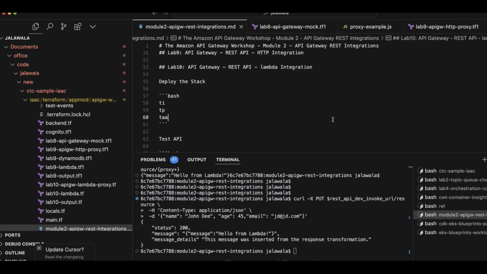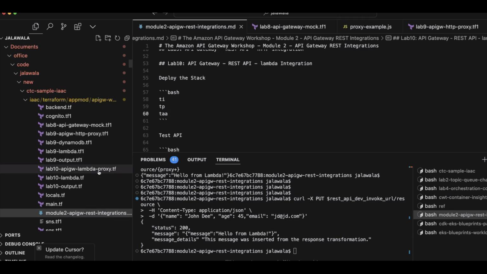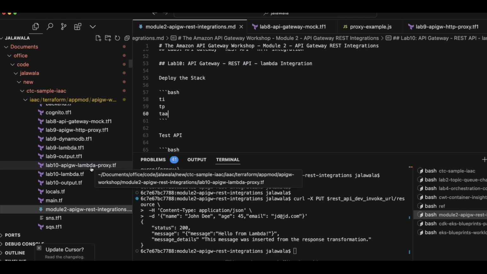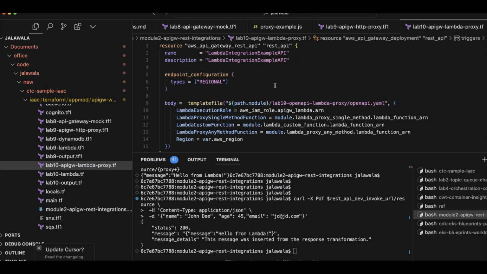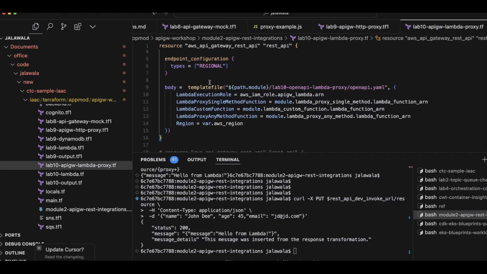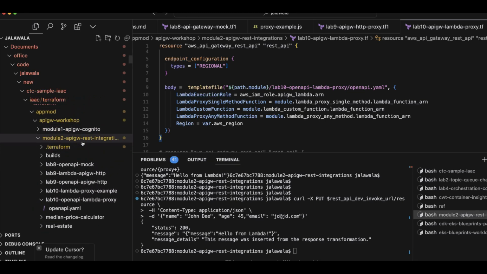So in this lab, we are going to talk about the source code for the implementation of the Lambda integration demo. Let us first go to the Lambda API Gateway code. Here, let us talk about the high level API. We are creating one API called Lambda integration API. It's a REST API, and the endpoint type is regional. The body of this API, the specification, is coming from an OpenAPI spec. We are passing a few parameters to this template file. Now if I go to the